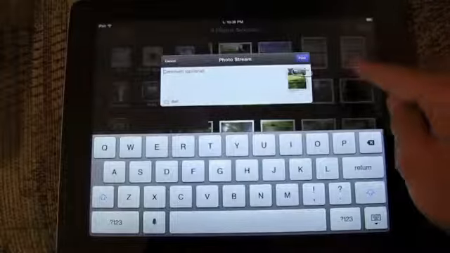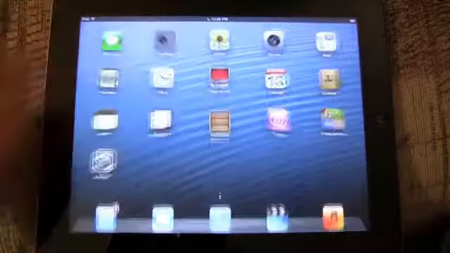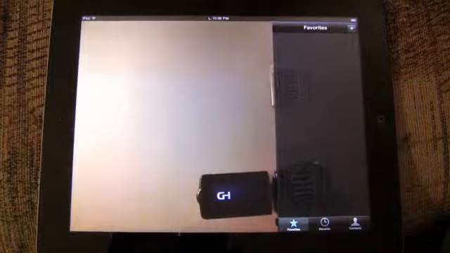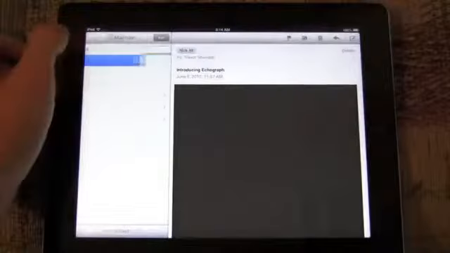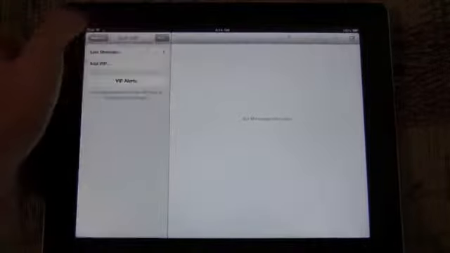FaceTime is now possible on 4G iPads, but this is just a Wi-Fi iPad. In terms of calling features, those are iPhone only since it's a phone part, and also Passbook is just for the iPhone. Now we'll drill down into some smaller but useful features in iOS 6, beginning with the VIP mailbox,